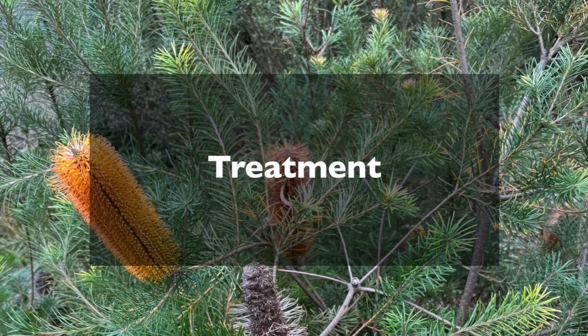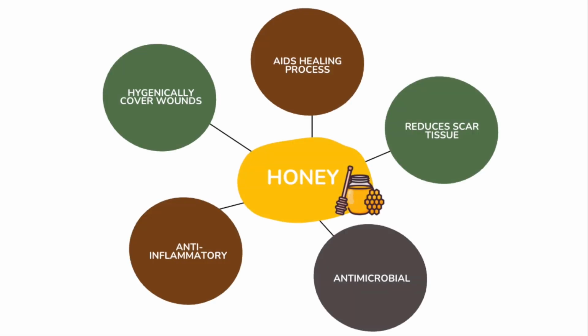In Western medicine, a common way to treat a wound is by cleaning it with an antiseptic, dressing the wound, and if necessary, taking antibiotics to reduce the risk of infection. Aboriginal knowledges tell us that our bush medicine has healing properties to treat wounds too. One example of Aboriginal knowledge for wound care involves the use of honey. Honey is used to hygienically cover wounds and aid in the healing process. Western science has also shown that honey improves wound healing, reduces scar tissue, and is rich with anti-inflammatory and antimicrobial